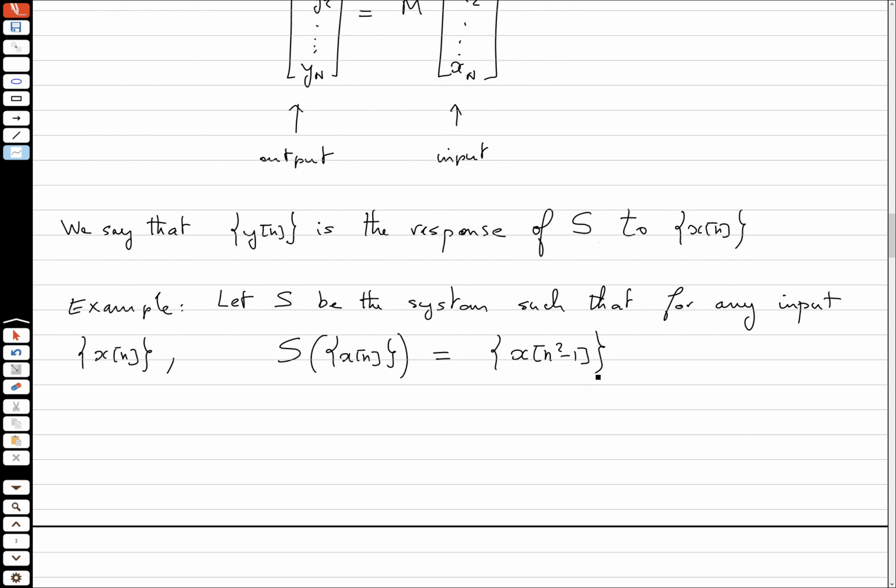This system is well defined because for any input you will know the output. Y of n is x of n squared minus 1. Okay? So plot